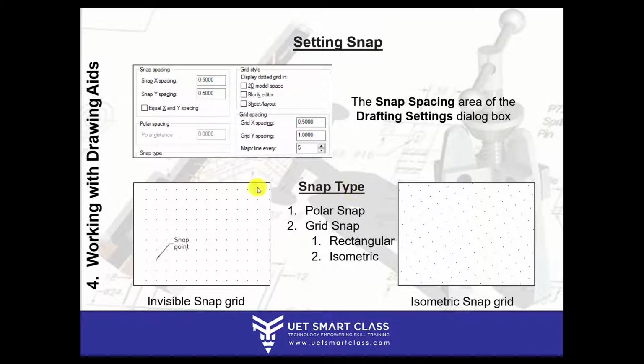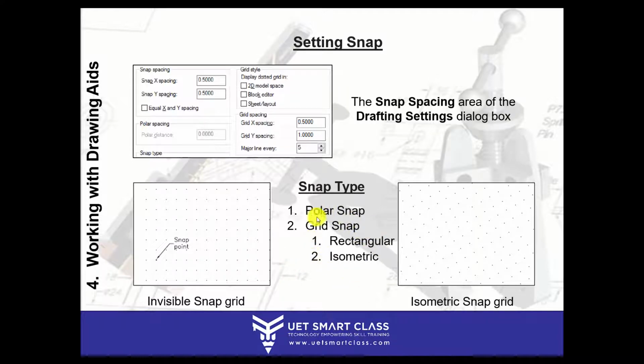Alright. So snap points are basically invisible snaps. You don't see the points. You can work on your grid. Every corner point of the grid is a snap point. So when you switch on snap, the line or any of the objects which you are drawing will catch only snap points of the grid.